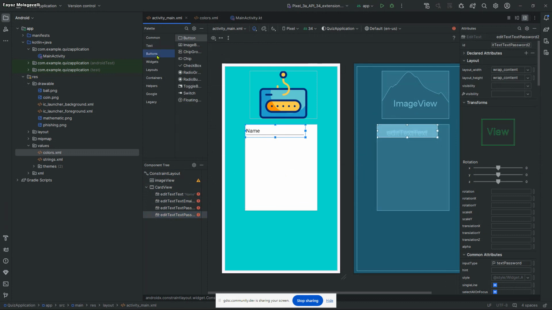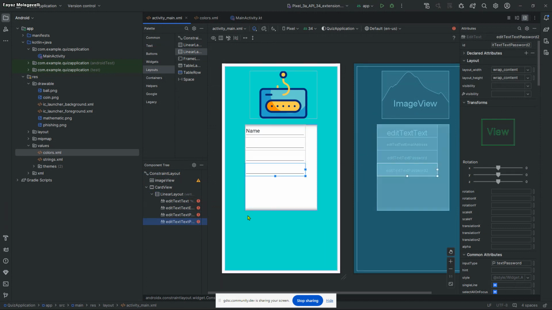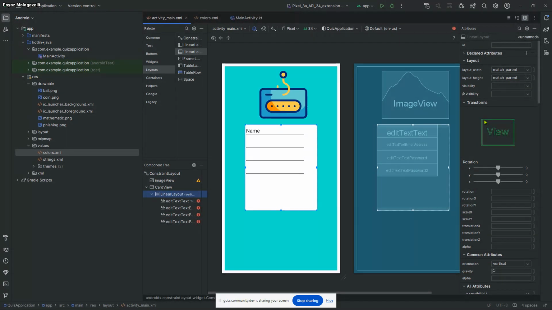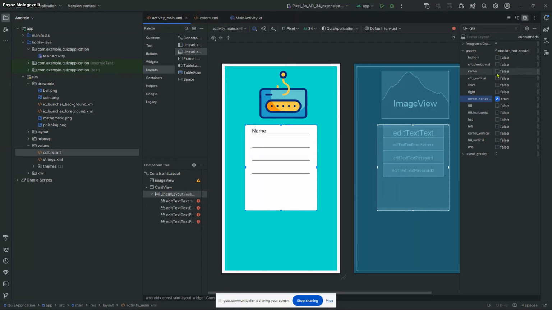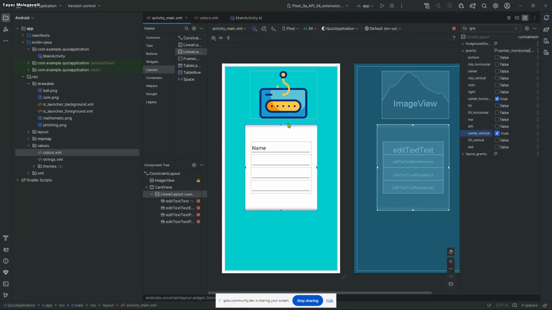So what I'm going to do here is I'm going to take a linear layout vertically and place it on this, and I'm going to place all this in that linear layout. Then it will come one after other. I'm going to set the gravity of this linear layout to center of that vertical also, it should be in center. Yeah,